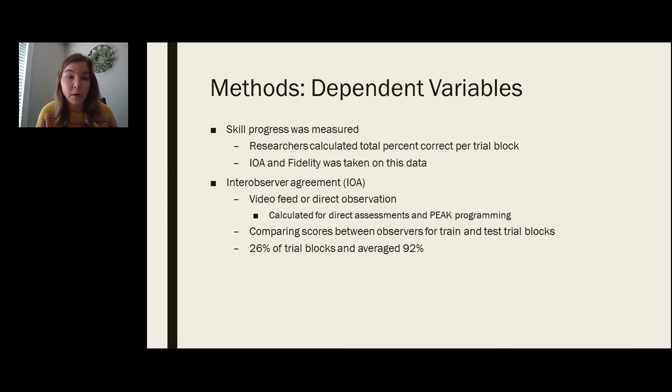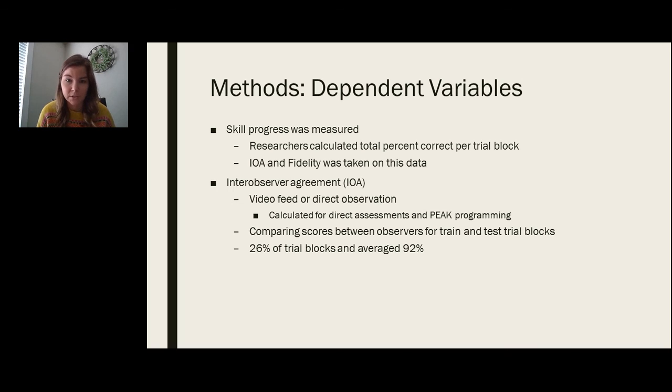Skill progress was monitored throughout the duration of this study. Total percent correct was calculated for each trial block that was implemented. Inter-observer agreement and fidelity data was taken on the data recorded for each trial block. IOA was collected using a video feed or direct observation. At times, 2 researchers would be taking data at the same time, or a researcher would be watching via Zoom